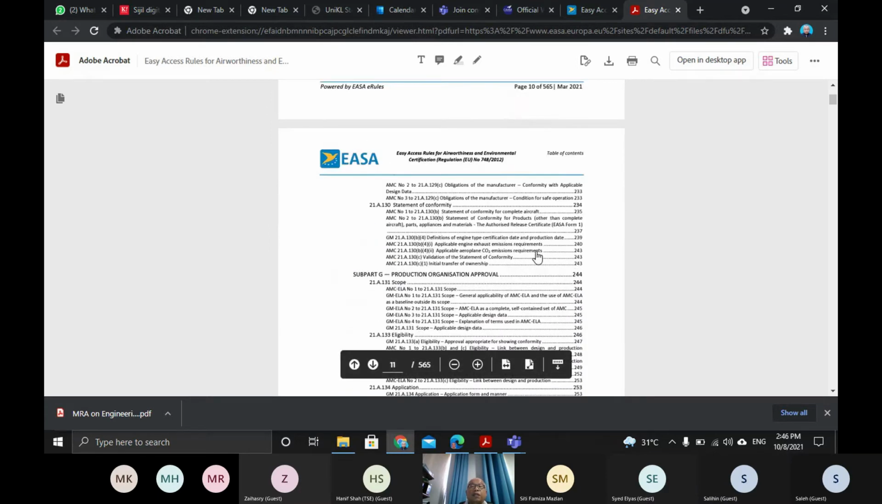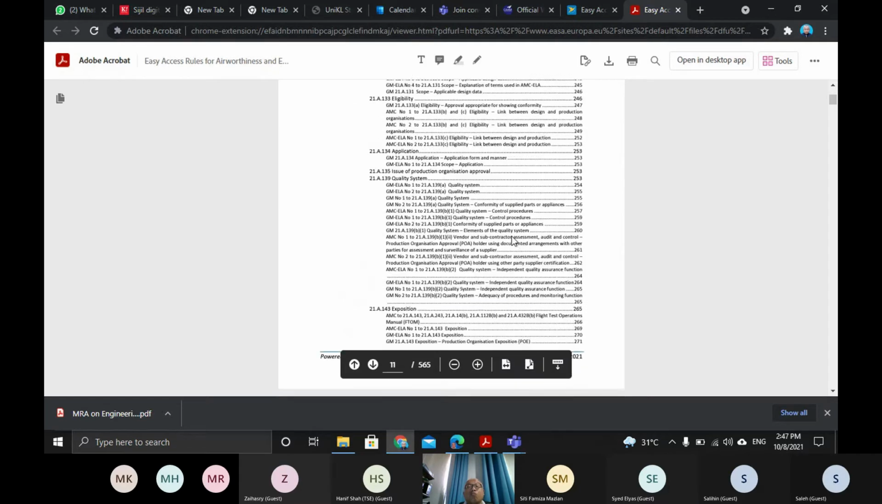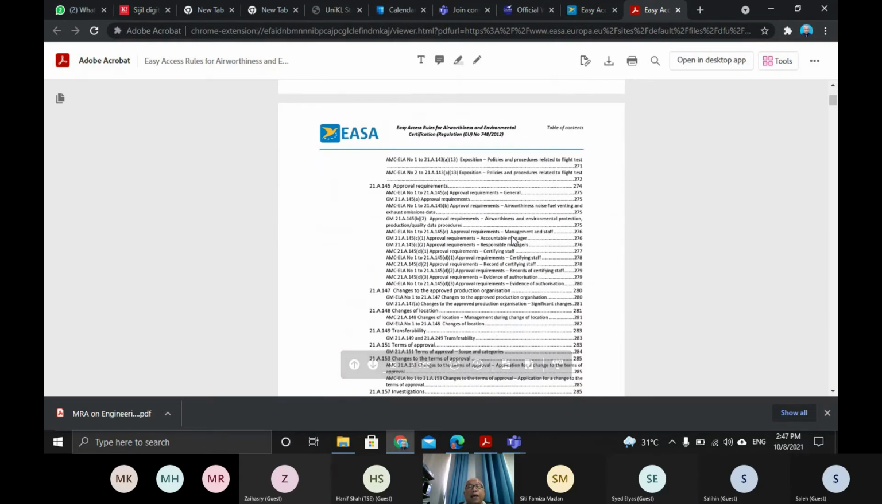And subpart G, production organization approval, POA, is subpart G. Properly, you are building the aircraft, you design the aircraft, and then you want to build the aircraft. You must have both DOA and POA. But if you are a DOA holder, you design, you sign a contract with another organization to manufacture the aircraft. That manufacturer, that company must have POA. And then we have subpart